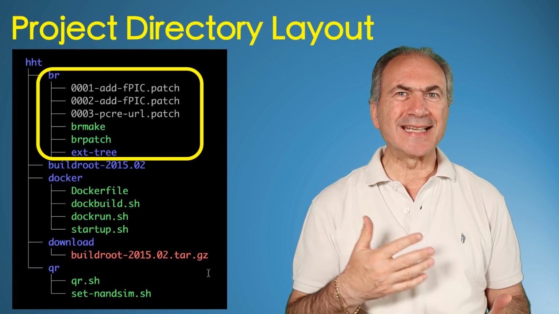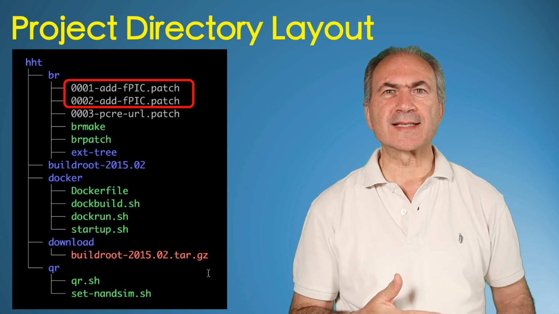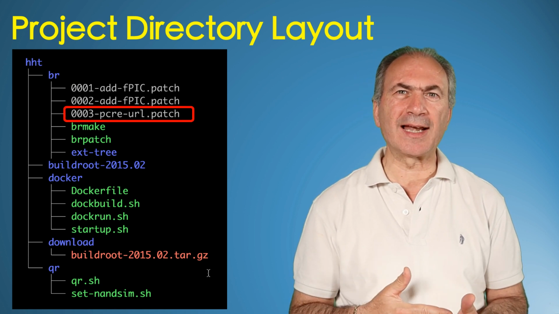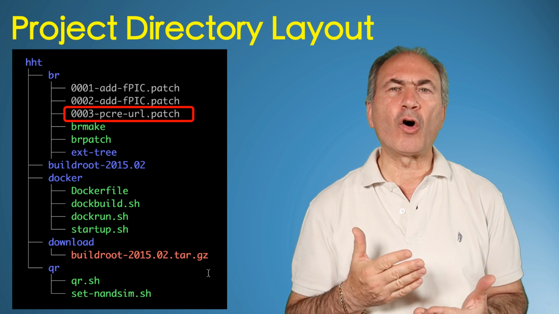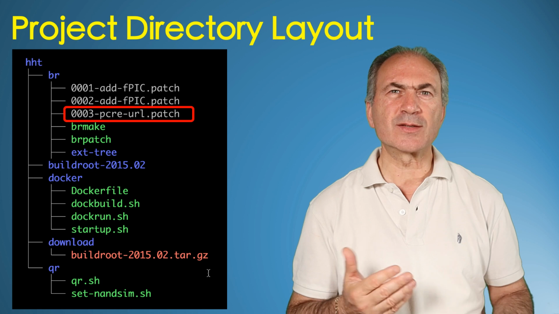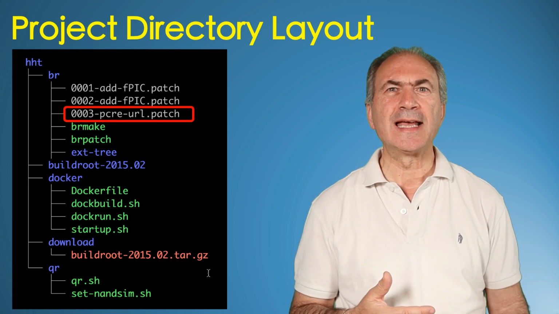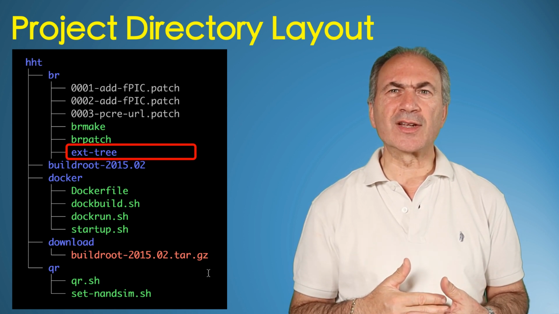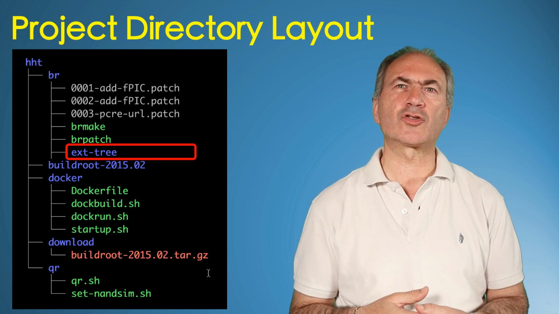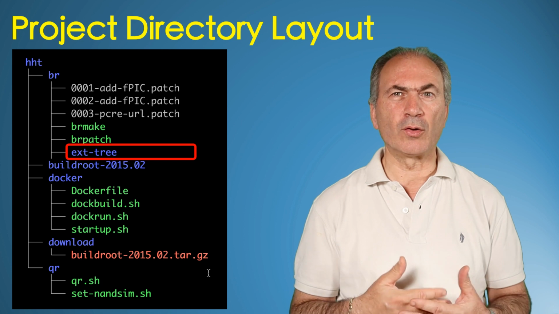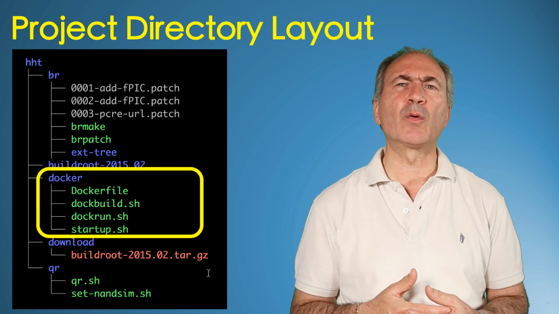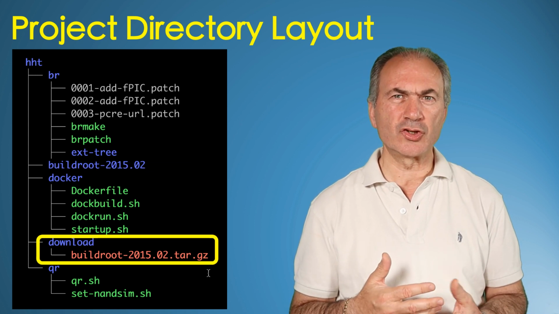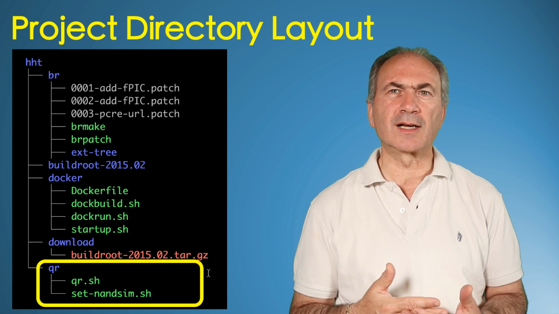The BR folder. Inside we have the patch files to fix the missing -fPIC GCC option on some package files, another patch file to fix the download URL of another package file that has changed since when this Buildroot version was released, the BR patch script that we will use to patch our Buildroot, the ext3 seen above, where our Buildroot configuration and customization is stored, the Docker folder with the scripts to build and run the Debian Wheezy Docker container, the download folder where we have downloaded the Buildroot gzip tar file,